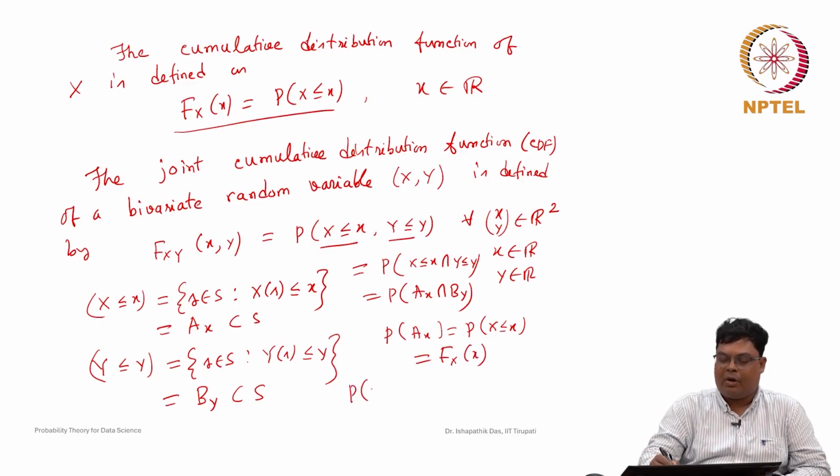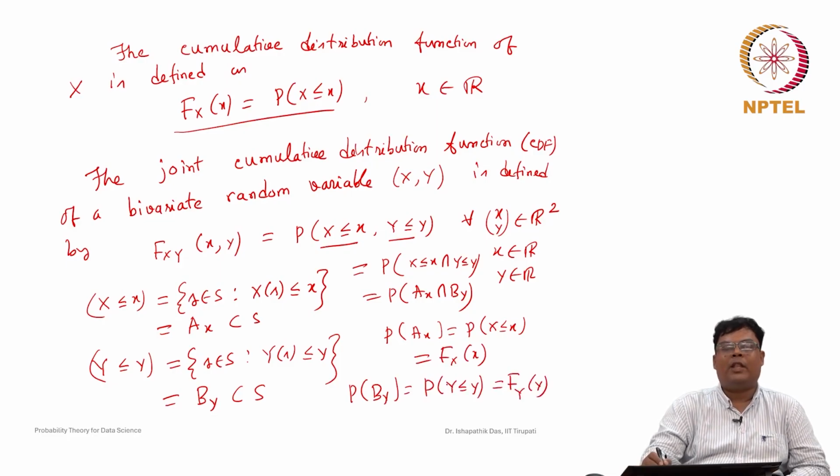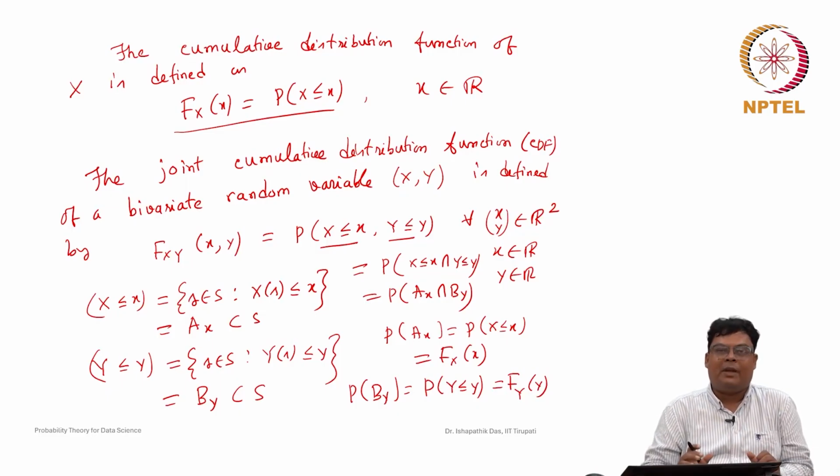Similarly, the probability of Y less than or equal to y is denoted by F_Y(y). This is nothing but the cumulative distribution function of Y. So, whenever we are talking about a bivariate random variable, we denote F_XY(x, y) as the joint cumulative distribution function of the bivariate random variable. Then the cumulative distribution function of a subset of the random variables, here only X and Y, that is the cumulative distribution function of X and the cumulative distribution function of Y, we say